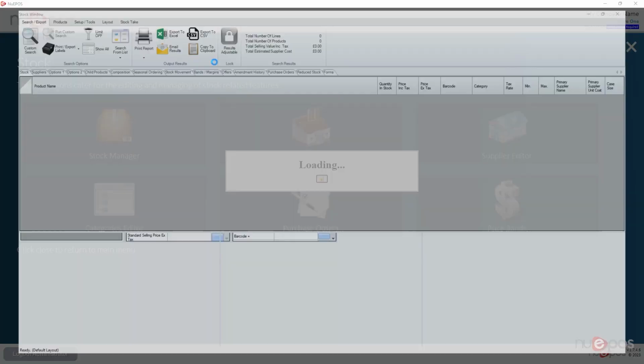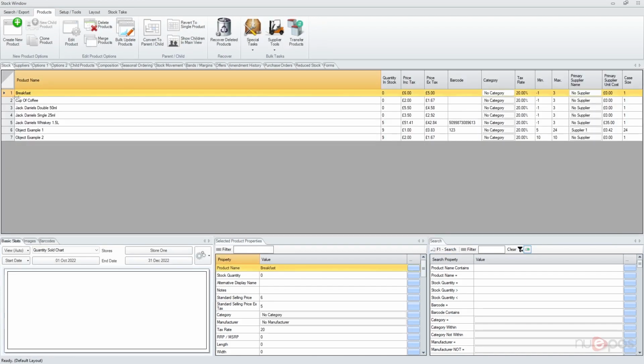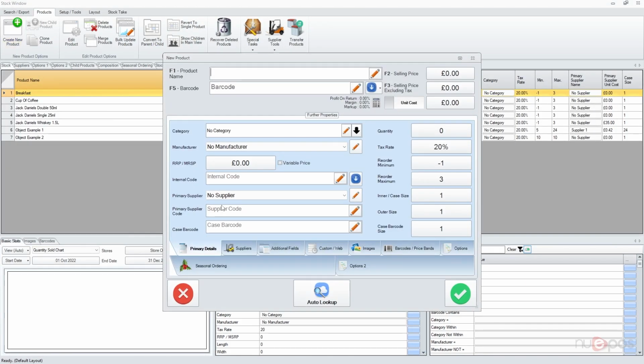So for example, if you go to stock functions, stock manager, what we need to do is create a product that will have multiple variations, very useful again for website integration purposes as well. At the moment we've got these products here, I'm going to create a new product. I'm going to call this striped